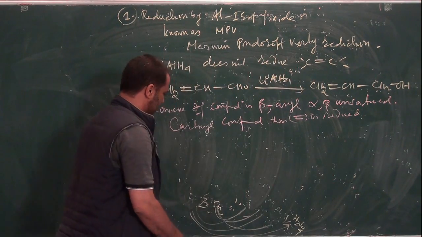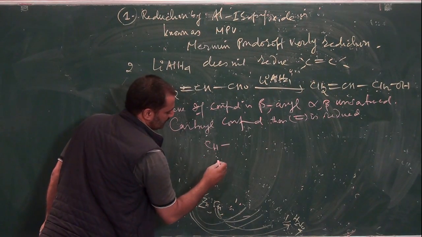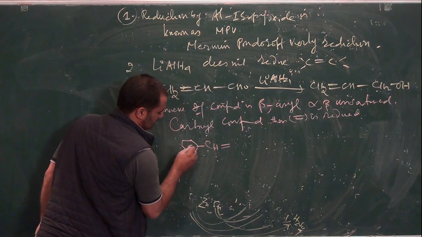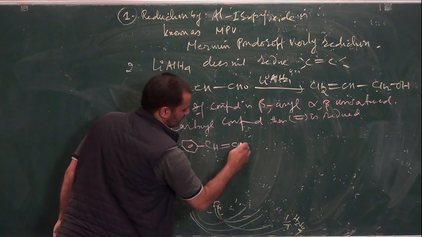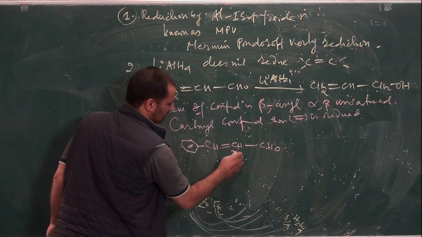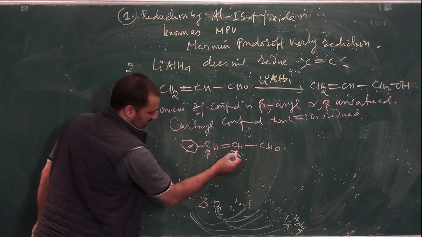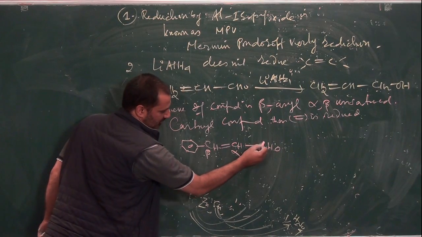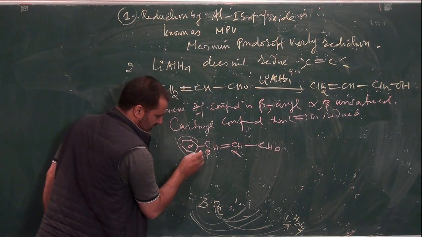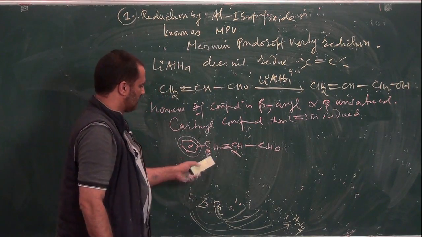Now I will write here beta aryl, C6H5CH=CH-CHO. So this is the alpha carbon, this is the beta carbon: beta aryl, alpha beta unsaturated. The carbon attached to the functional group is known as the alpha carbon, and this is the beta carbon, so it is a beta aryl, alpha beta unsaturated